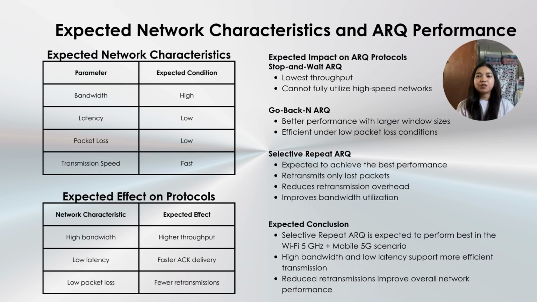In this high bandwidth and low latency environment, Stop-and-Wait ARQ is expected to have the lowest throughput because it cannot fully utilize network speed. Go-Back-N performs better with larger window sizes and works efficiently when packet loss is low. Selective Repeat is expected to achieve the best overall performance because it retransmits only lost packets, reduces transmission overhead, and improves bandwidth utilization. Therefore, Selective Repeat ARQ is the most suitable protocol for modern Wi-Fi 5 GHz and mobile 5G